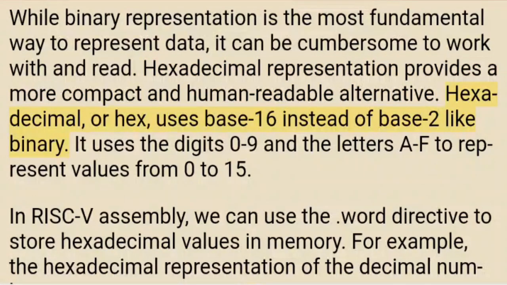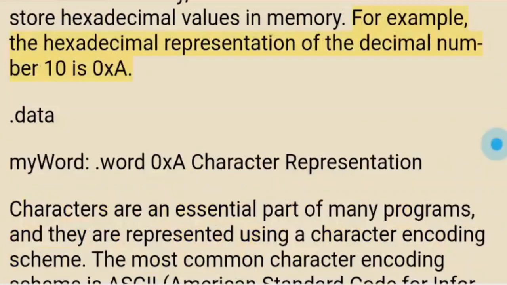Hexadecimal, or hex, uses base 16 instead of base 2 like binary. It uses the digits 0 to 9 and the letters A-F to represent values from 0 to 15. In RISC-V Assembly, we can use the .word directive to store hexadecimal values in memory. For example, the hexadecimal representation of the decimal number 10 is hexadecimal A. .data myWord: .word 0xA